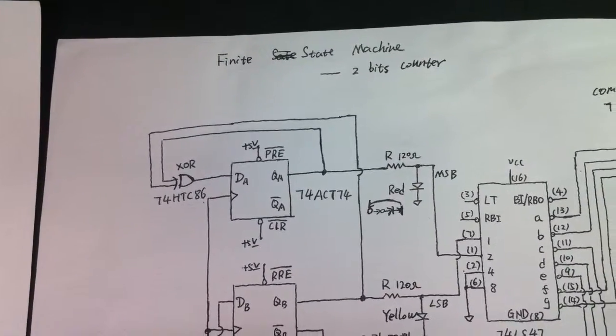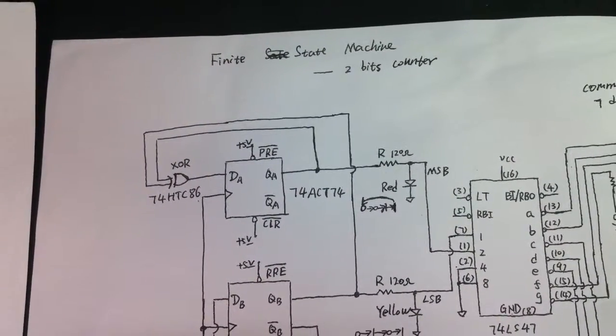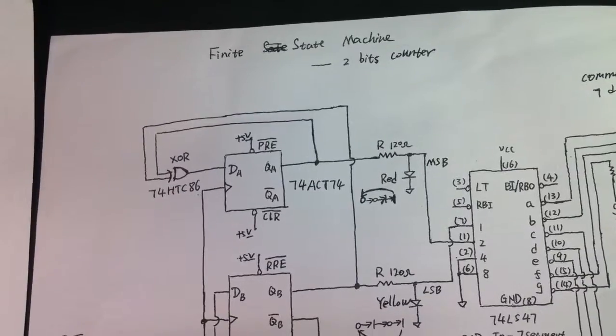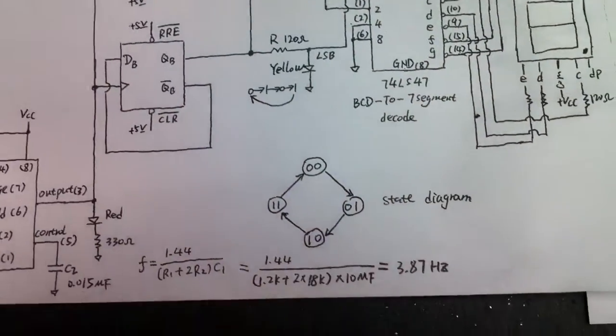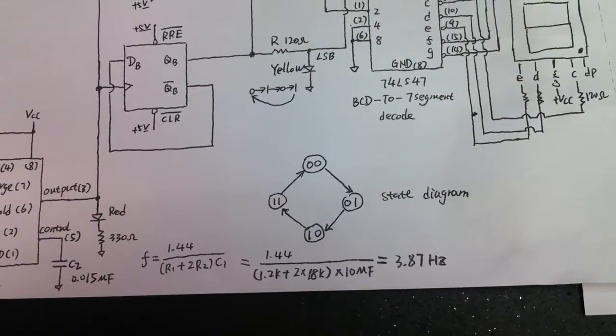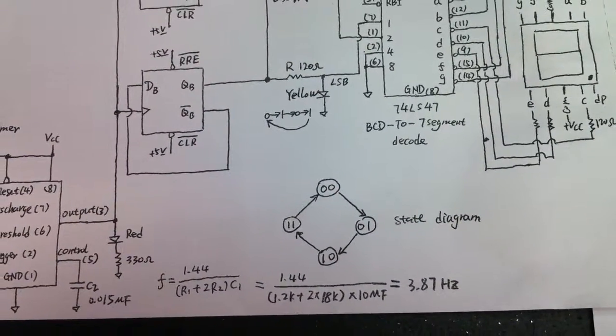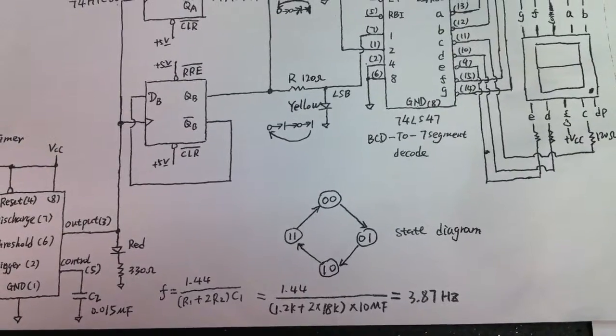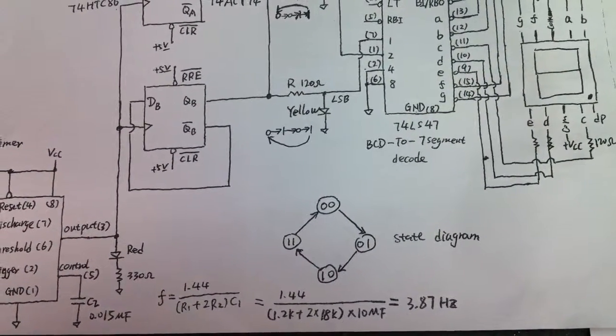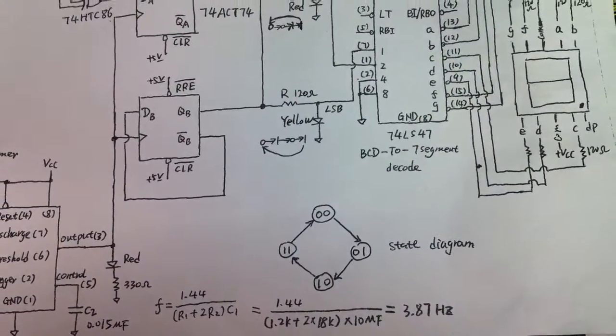Hey guys, this video is to demonstrate the finite state machine two-bit counter. Look at this state diagram from 0,0 to 0,1 to 1,0 to 1,1 and repeat this pattern. We already talked about how to get this circuit step by step from this state diagram in that book,